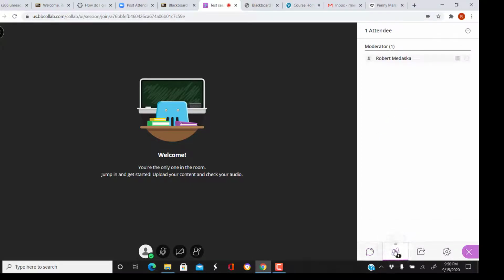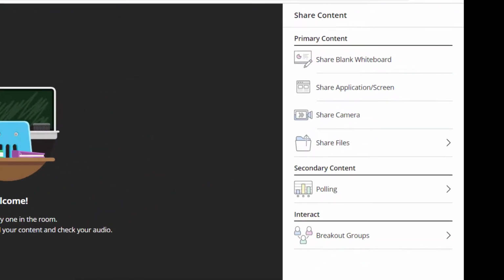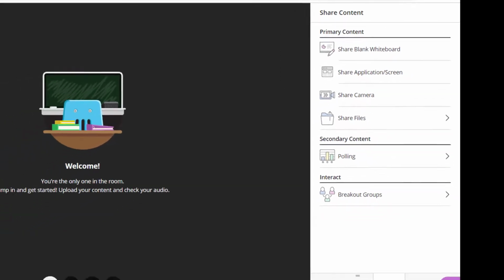You can click on here and see who is in attendance, the moderator, and also the roles that they have. If you click up on the upper right hand button up here, you can make choices to any of the attendees. The share content button will allow you to share content, including going to the whiteboard, sharing any applications in